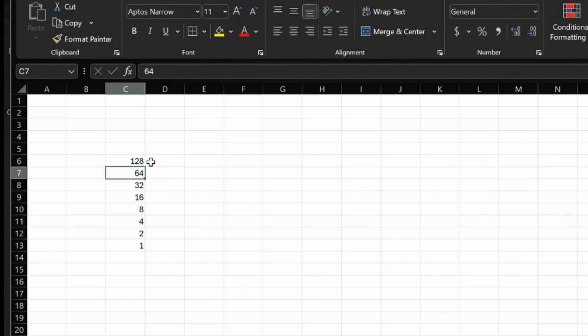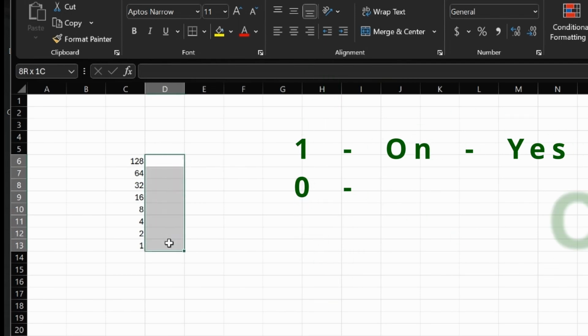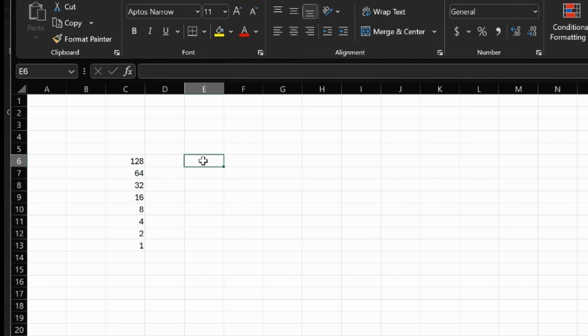So these are my place values, and over here is where Excel is going to calculate the value of these 8 bits. So each one of these would be one wire coming in, and each one of these could be a 0 or a 1. So in this column here, we will be putting 1's and 0's to represent our binary number, and we will have Excel calculate what those 1's and 0's add up to, and then we'll get the total number down here. So we'll just make a number up to start with, so we'll just go 0,